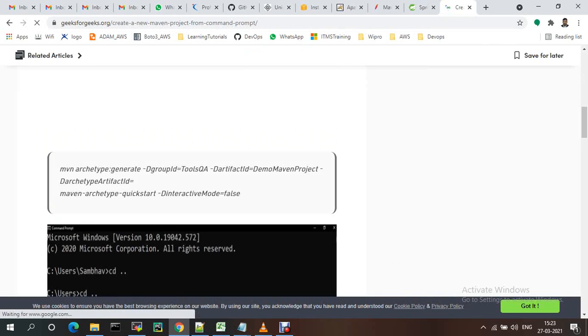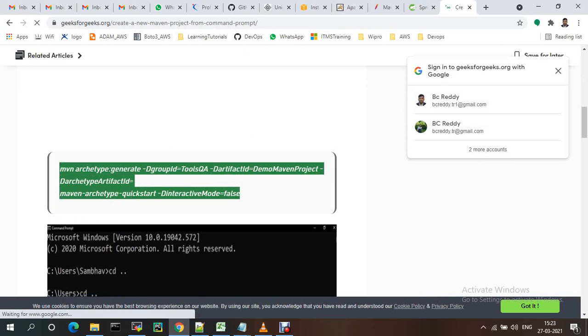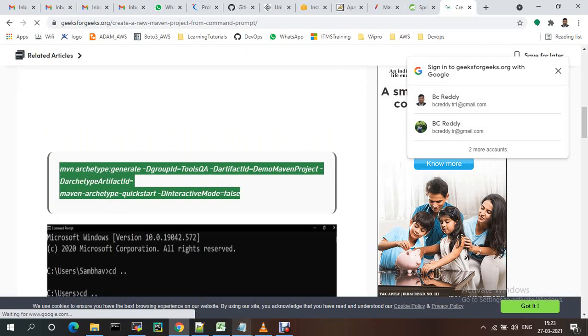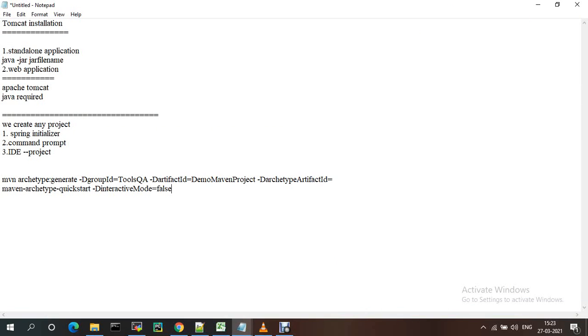This is the command, mvn archetype:generate.